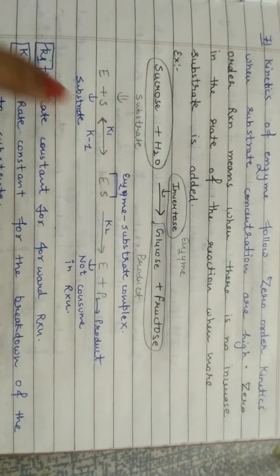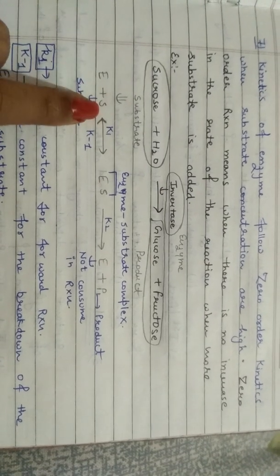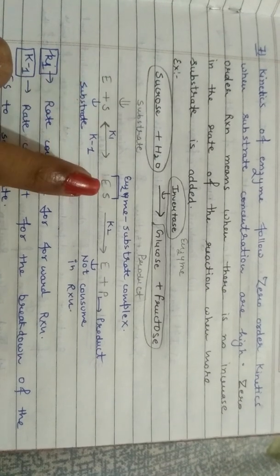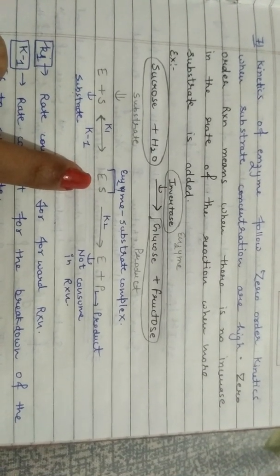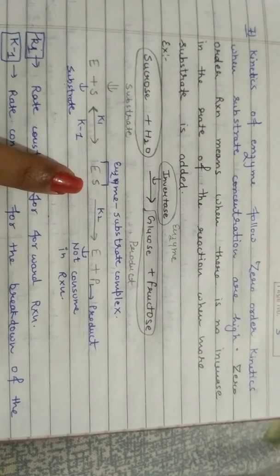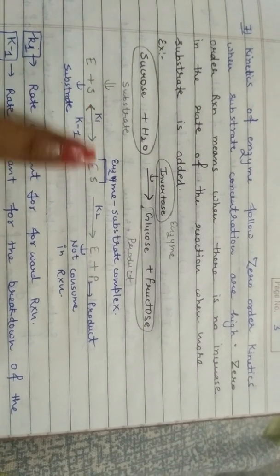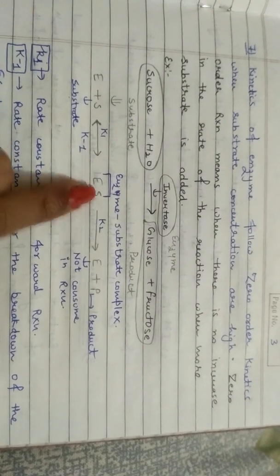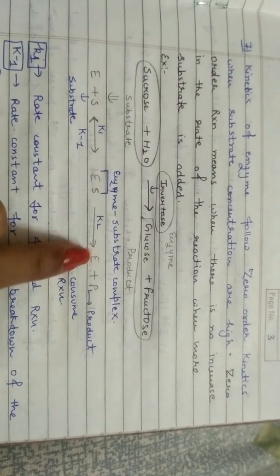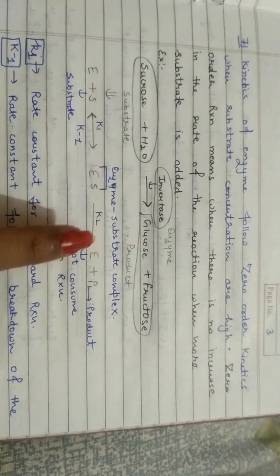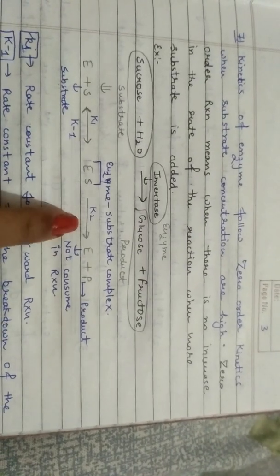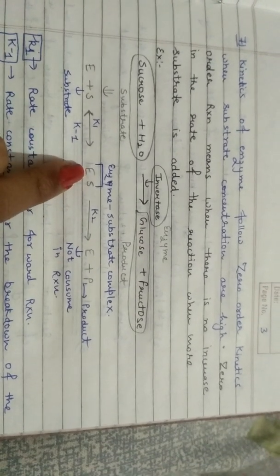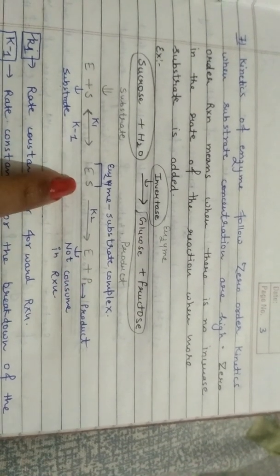Here you can see again that when the enzyme combines with the substrate, it follows first order, proportional to the enzyme substrate complex, and for that the rate constant is k1. For the forward reaction the rate constant is k1, and for the backward reaction the rate constant is k minus 1. When the enzyme substrate complex dissociates into enzyme and product, the rate constant is k2. You may ask why there is no backward reaction arrow here, that the enzyme and product do not get converted back into enzyme substrate.